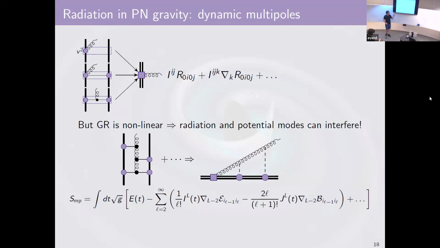But the interesting thing with GR is that because GR is nonlinear, GR has self-interactions, the radiation is not just radiation from the multipoles, but it's radiation from the multipoles then attenuated by interactions with the background potential or with other radiation from the multipoles. So you can rearrange things into the far zone computation where we have monopoles and then the various multipoles interacting with matter, and they all talk to each other because of root G.